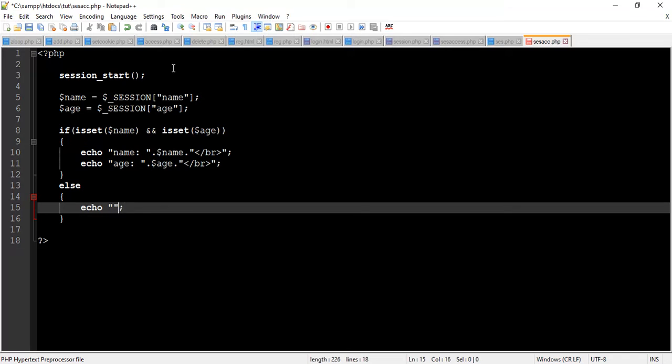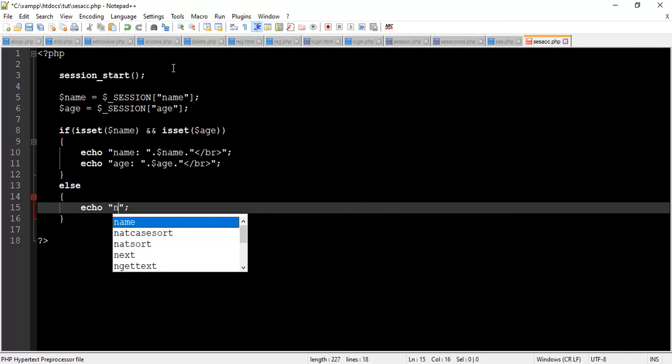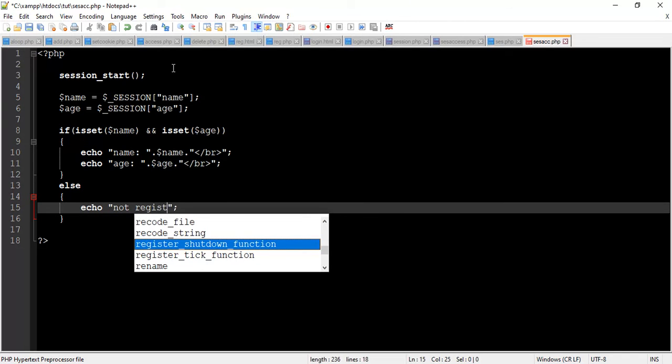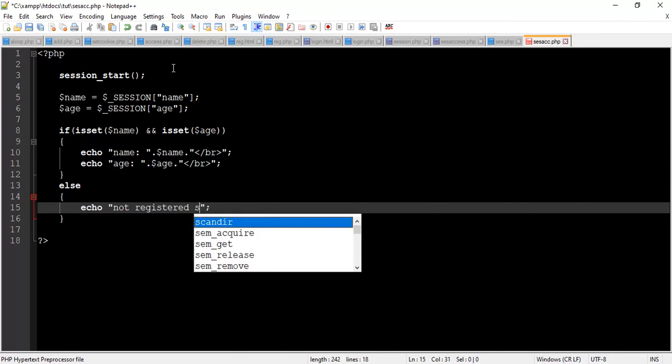To access name session, we pass name index, and for age session, we pass age index. We assign session data into name and age variables.